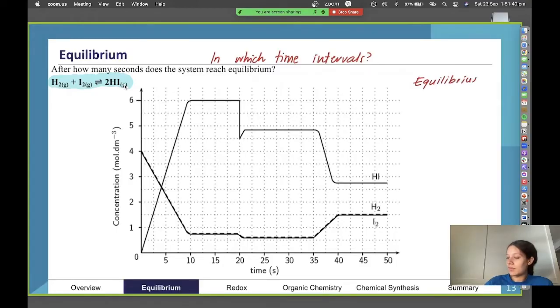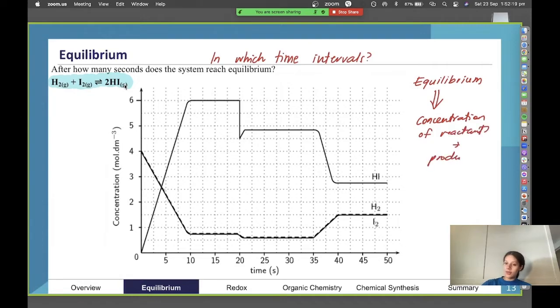Okay. So if we're having a think about this system, equilibrium, what does it look like in terms of concentration? The answer there is equilibrium is achieved when the concentration of all of our reactants and products remains constant. A common misconception that can occur is that the concentration needs to be equal. Definitely not the case. Rate of reaction needs to be equal, as we saw in the last graph, but for concentration, it just needs to stay at what it is. So we'll say here, concentration of reactants and products constant.